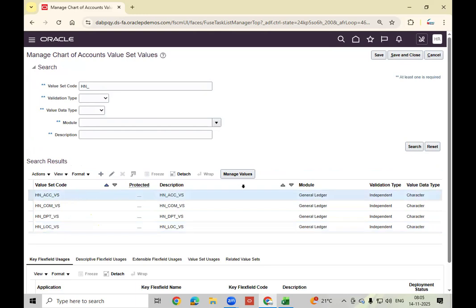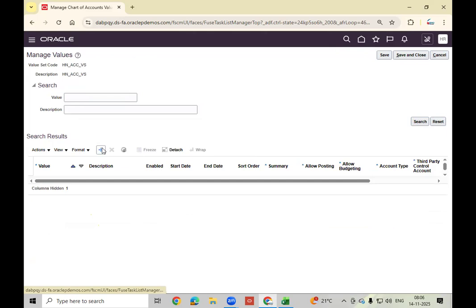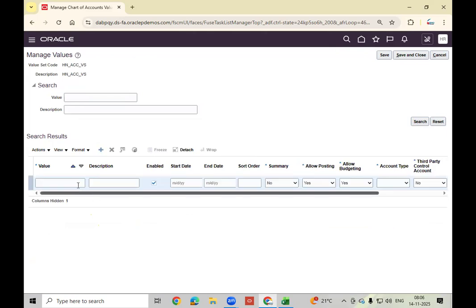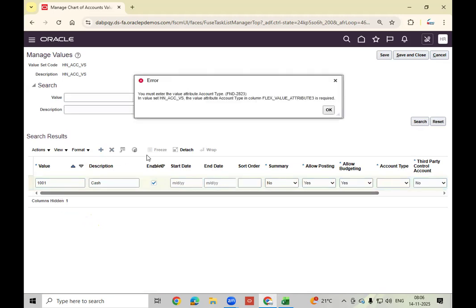Next, accounts value set. 1001. Correct, right? 1001, cash account. Set the account attribute type. Okay, fine.